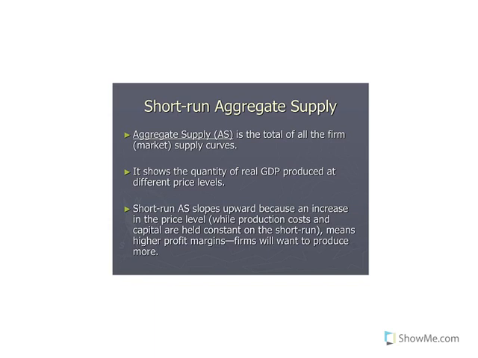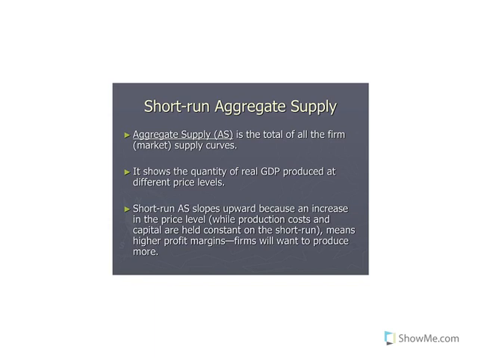Now, economists distinguish between what's called a short-run aggregate supply curve and a long-run aggregate supply curve. So we already know that aggregate supply represents the total amount of goods and services that are produced by all firms in the economy, and it's going to show the quantity of real GDP that's produced at the different prevailing market prices. So in the short run, the aggregate supply curve slopes upward because an increase in that price level means higher profit margins for the firm, so the firms are going to want to produce more goods